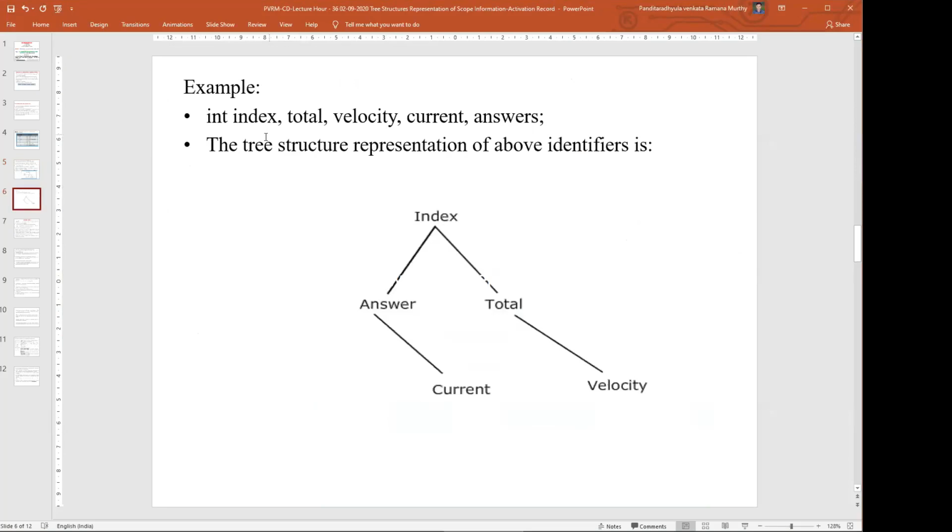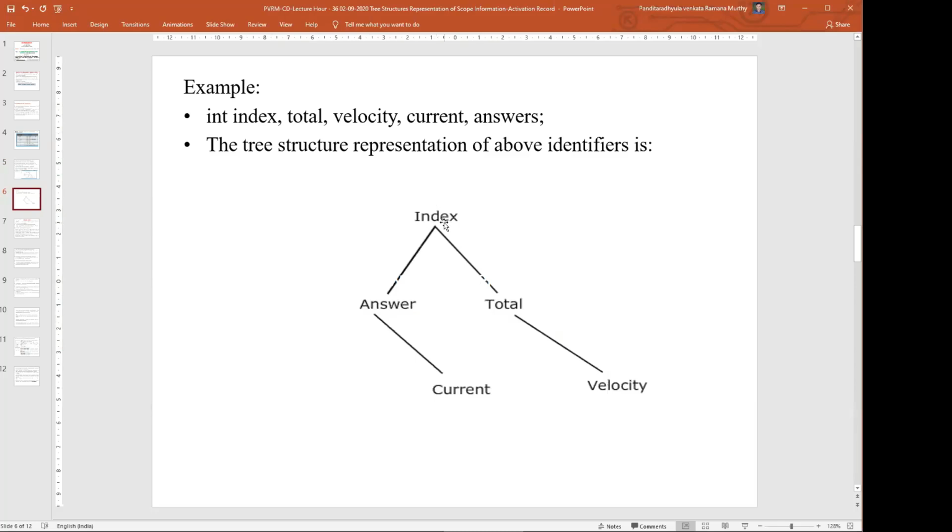For example, whenever we want to create a binary search tree, for example, the binary search tree is having these values: index, total, velocity. The tree is created by identifying the first value as root, and based on the next values by comparison, either arithmetic comparison or character comparison, we identify whether the node is to be at the left hand side or right hand side.